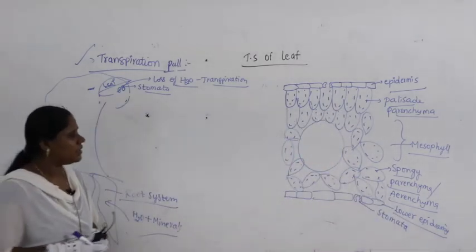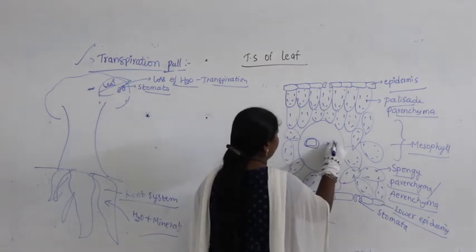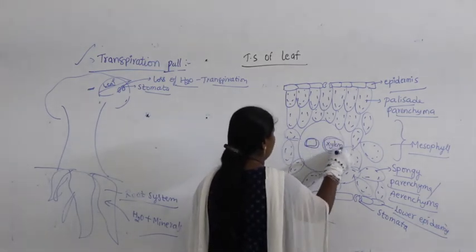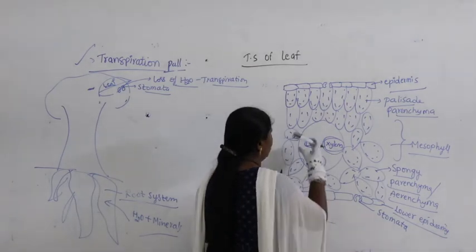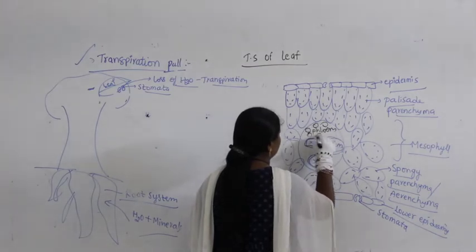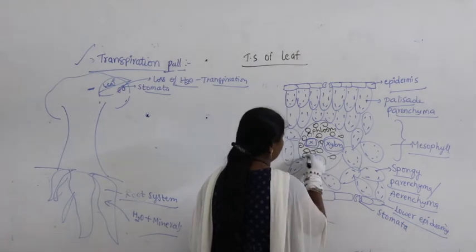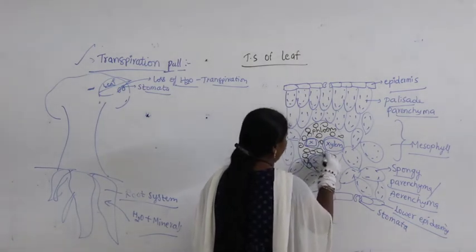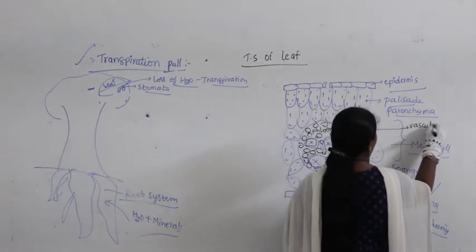Now within this you find that xylem is present. Here you find xylem. So here this is also xylem. Then the rest is fully occupied by phloem. So this is the vascular bundle that you find here. Within that you can see the distribution of both xylem as well as phloem. So what do you call this? This is called a vascular bundle.